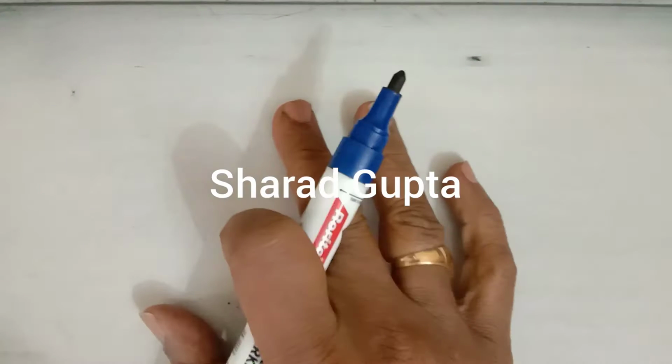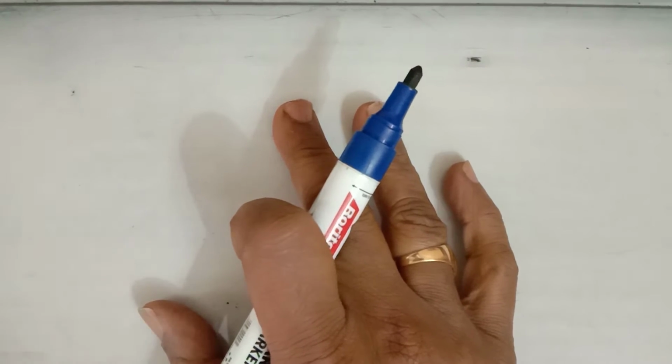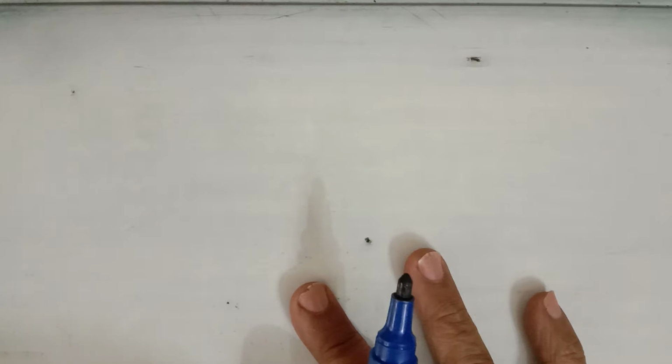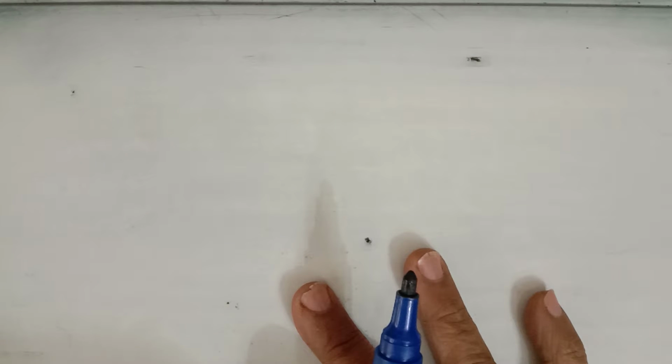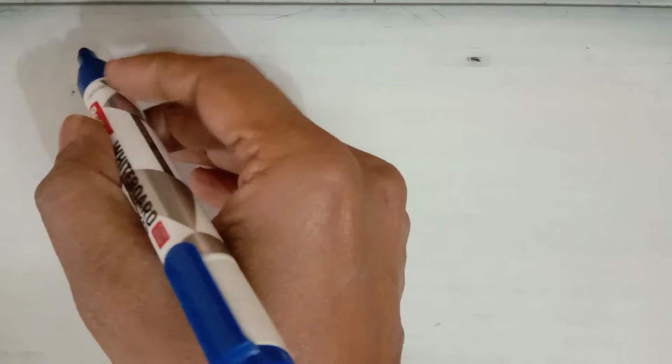Hello, this is lecture number 3 for the chapter Statistics for class 11th, and in this lecture we'll discuss the shortcut method to find the mean deviation about the mean. You know how to find the mean by the shortcut method; you have done it in your class 10th also.